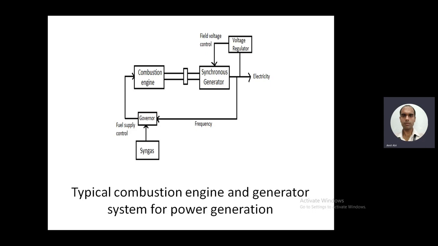So how can we do that? We can reduce the fuel supply to the combustion engine. How is it done? By using this governor. The fuel being supplied to the combustion engine, here the syngas, can be controlled. The governor can supply less fuel to the combustion engine. So correspondingly, the power generated by the generator, which is mechanically coupled to this combustion engine, will also decrease. Similarly, if there is an increase in the load,